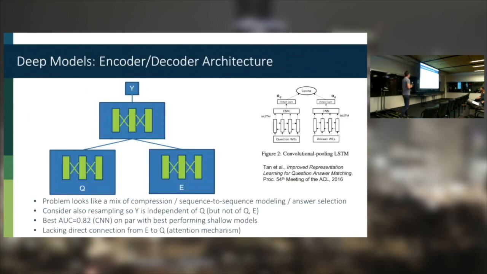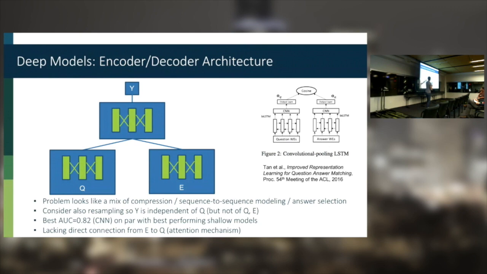For the deep models, and this is a lot of experimentation, we don't have a lot of data, so we need to be relatively careful. The type of question looks a little bit similar to proposing answers to questions. So this architecture is from a paper by IBM Watson. Basically, it's the same idea. You embed the question, you embed a potential answer, you run it through something. In this case, they're using a bidirectional LSTM with a convolutional net on top of that. You can play with lots of different architectures, and we've tried different ones.